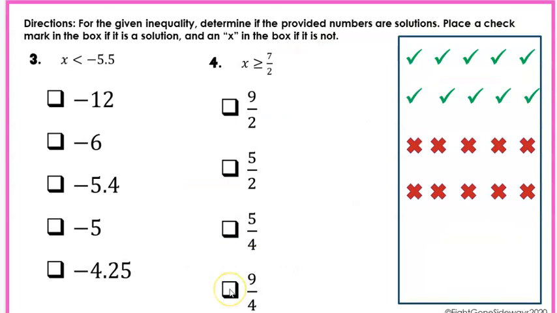The second part is determine if the provided numbers are solutions. So this is a solution set. So basically you take this number here and you replace it with x. Is -12 less than -5? Well, yes, it is. So then you'd put a check mark right there. Is -6 less than -5? Absolutely. Is -5.4 less than -5.5? No, 5.4 is actually bigger. Remember on negatives,